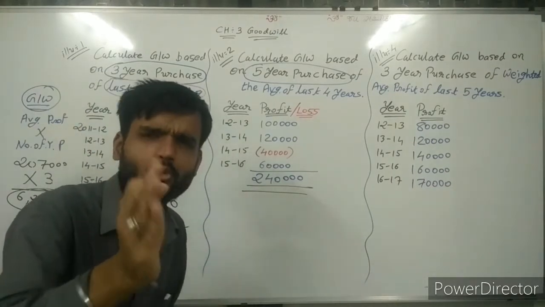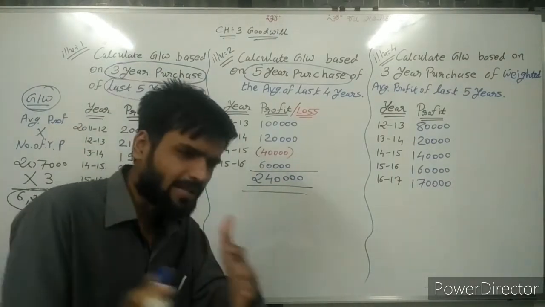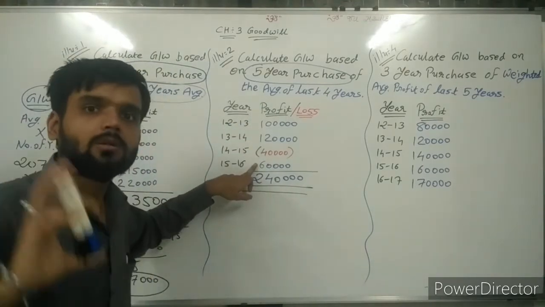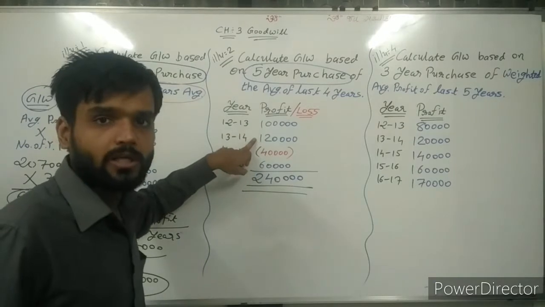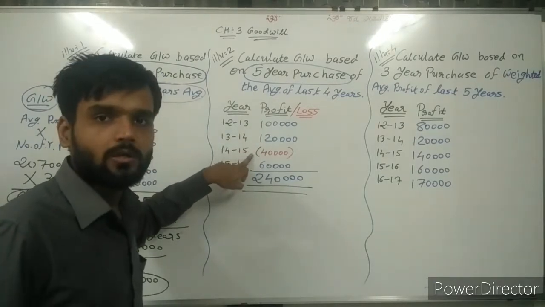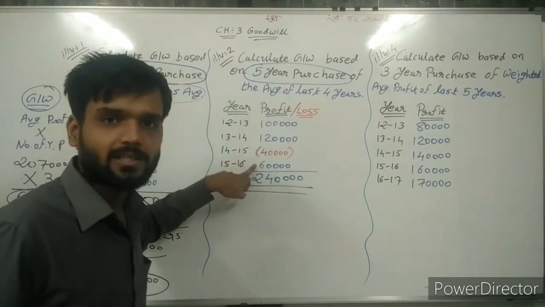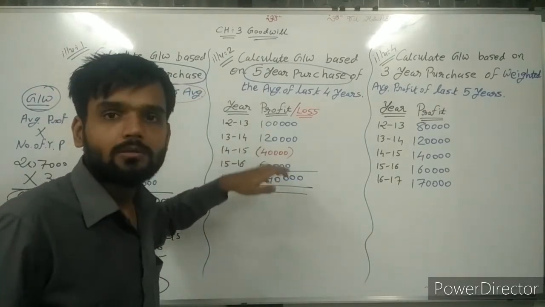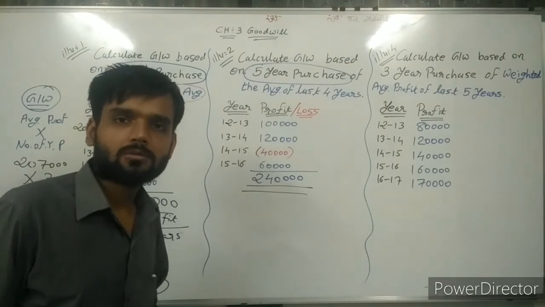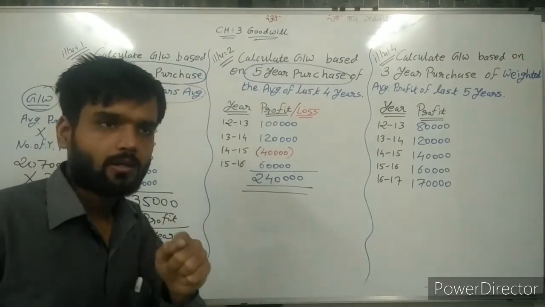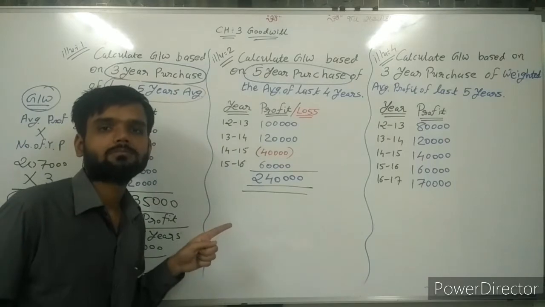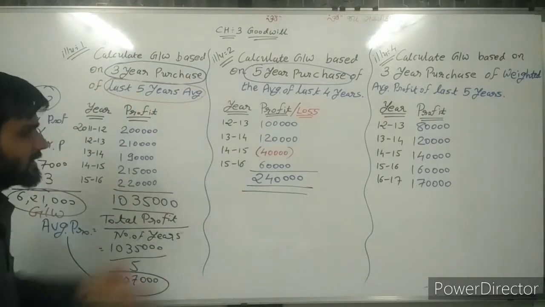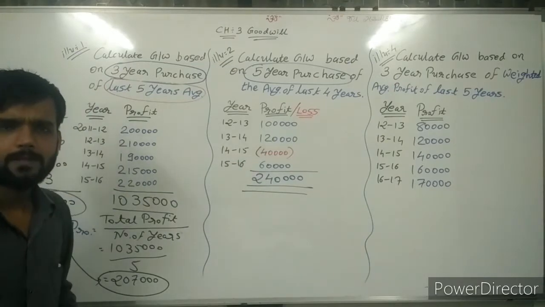So this is the important thing. What mistake are students making? Students first total all of these: 1 lakh plus 120, 220. 220 plus 40, 260. 260 plus 60, 320. Then deducting minus 40. So the answer becomes wrong, and that's why this sum is taken. Otherwise, both sums are easy. If you can understand this, then this will be easy.